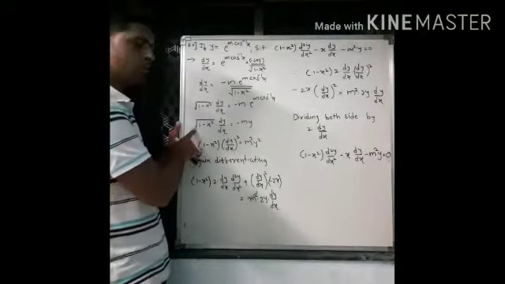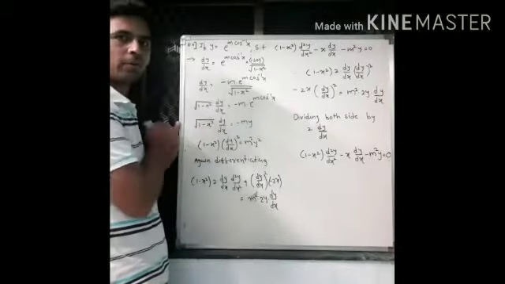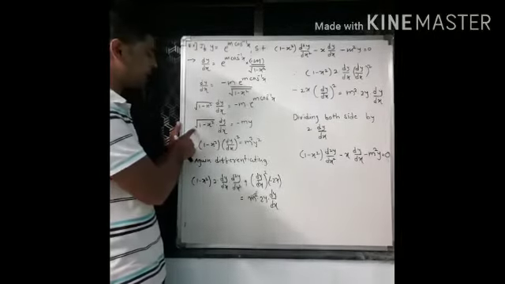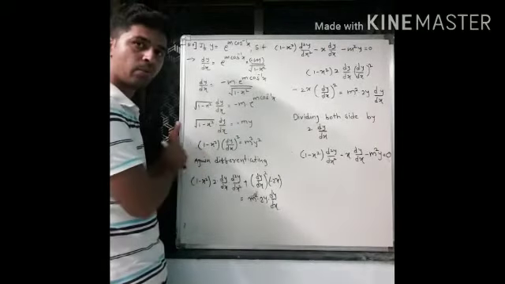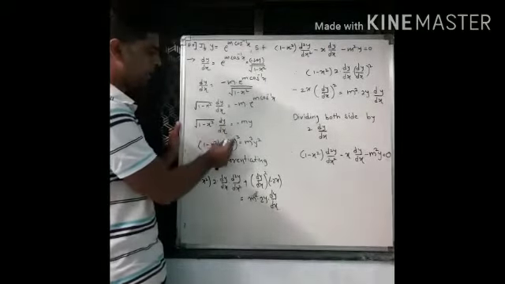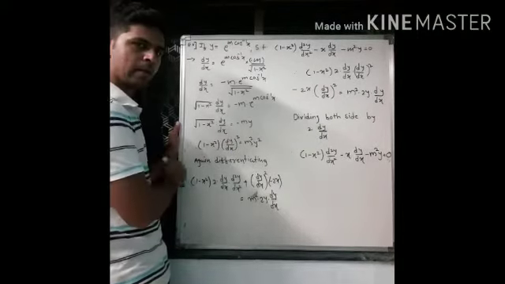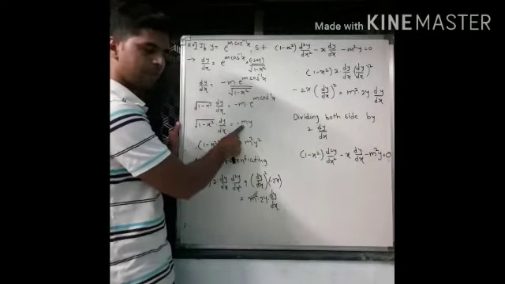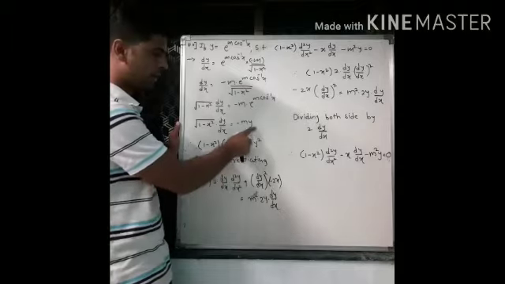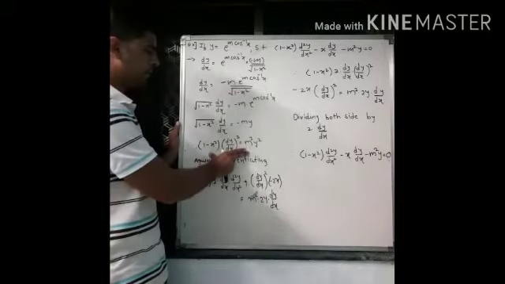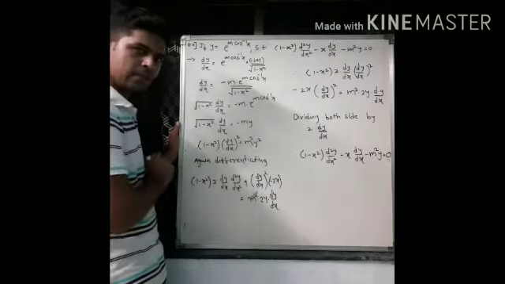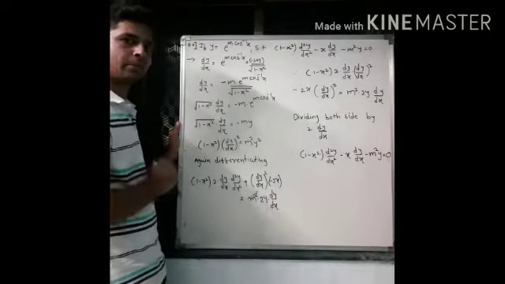Now to get rid of this root sign, we'll take square on both sides. If you take square here, that root and square will cancel, so you are left with only 1 minus x square. If you take square here, dy by dx whole bracket square. If you take square of negative m, it becomes positive m square, and square of y will be y square. Get it? Now we'll differentiate both sides again, because we want second derivatives also.